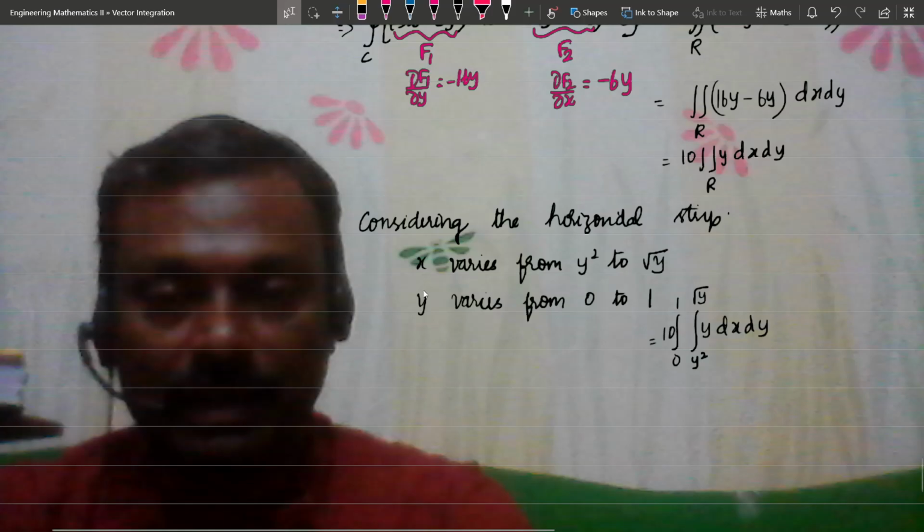So root y into y is y power 3 by 2, and minus y squared into y is y cube, dy. So integrating, y power 5 by 2 divided by 5 by 2, minus y power 4 by 4, under the limits 0 to 1. Applying the limits we have 10 into 2 by 5 minus 1 by 4. So on taking LCM, it is 10 into 3 by 20, which is 3 by